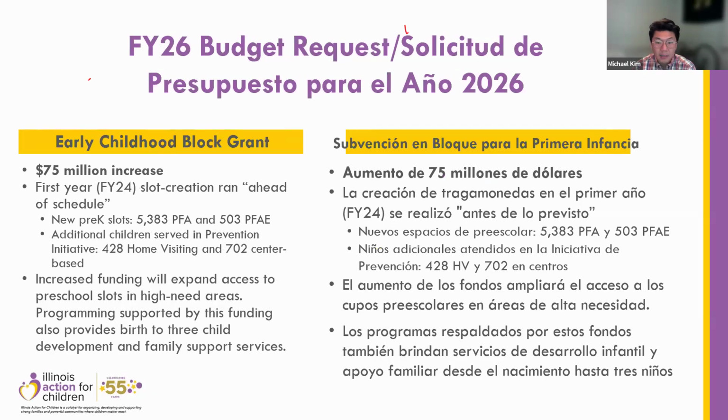And lastly, before I pass this off to Angela, $75 million will be going into the Early Childhood Block Grant. If you remember when the governor introduced his Smart Start initiative, he had a budget summary for 4 years where he wanted to put in an additional $75 million every year until FY27 to help increase new pre-K slots and to help address what some people call child care deserts. So a $75 million increase will go into this FY26.